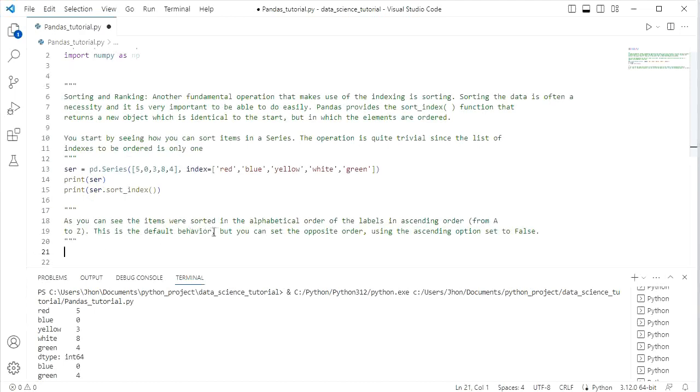As you can see, the items were sorted in the alphabetical order of the labels in ascending order, from A